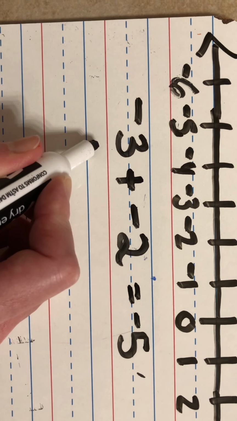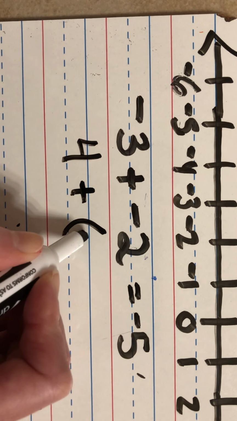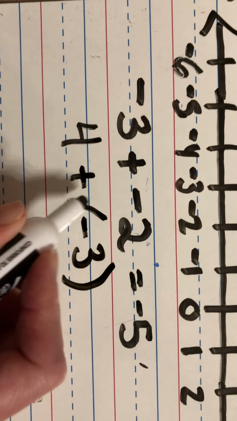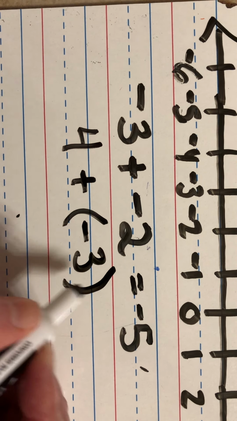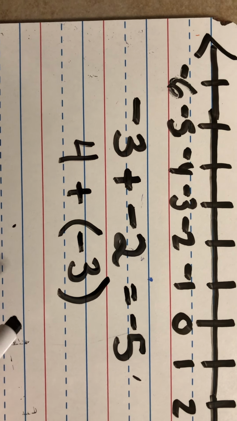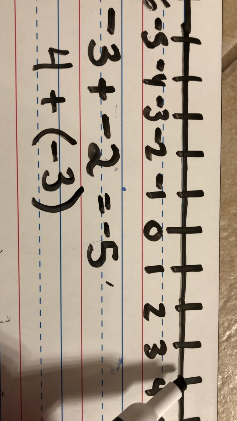Now, if you have something like 4 plus -3, they're going to use parentheses around this number because it's a negative number, but it doesn't really mean that you have to do anything special. This just means 4 plus -3. You can either use your number line, 4 plus